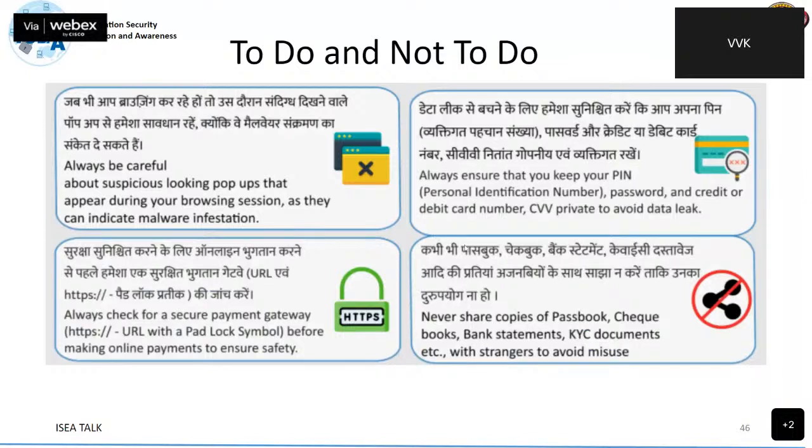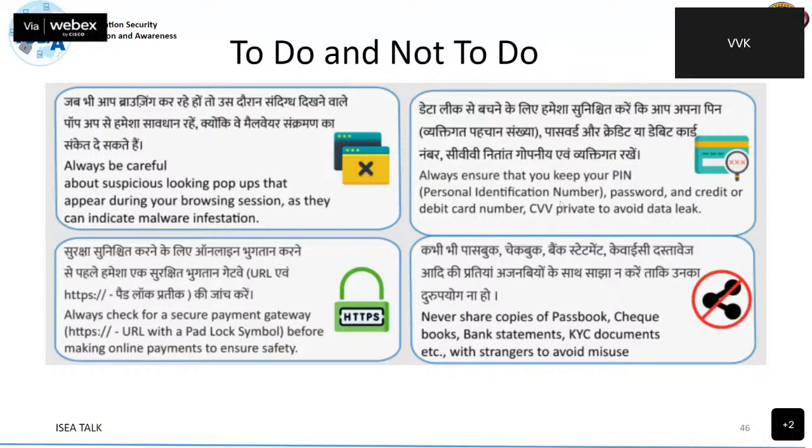Whenever you want to make a financial transaction, always be careful about suspicious looking pop-ups that appear during your transaction, and suddenly some pop-up comes and asks you to click on it. Normally, don't get distracted with those pop-ups and advertisements.